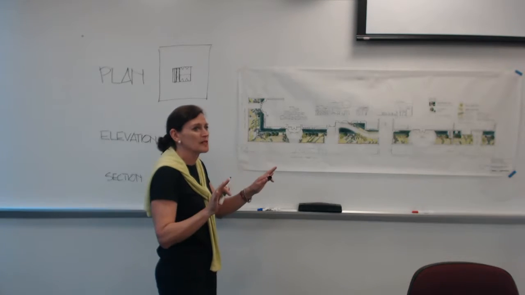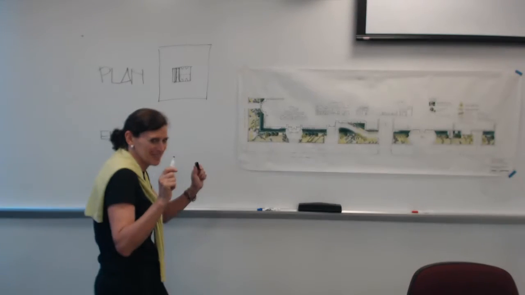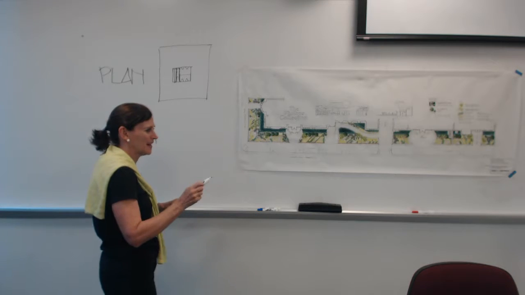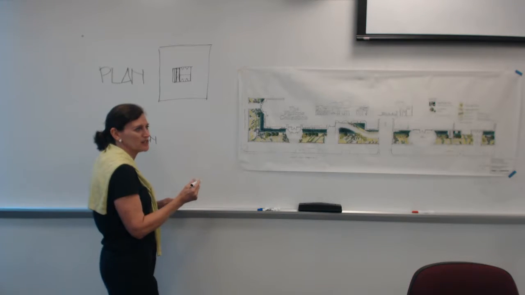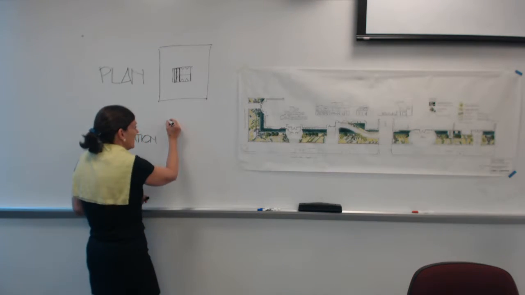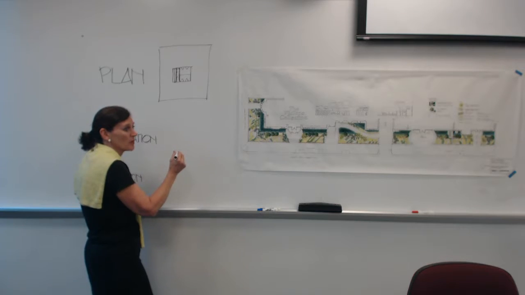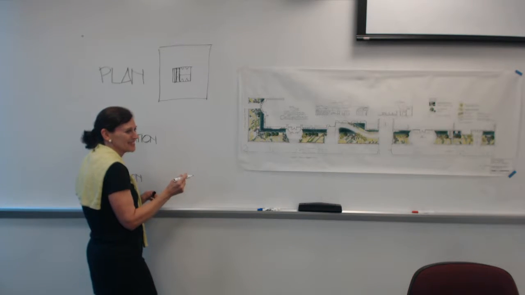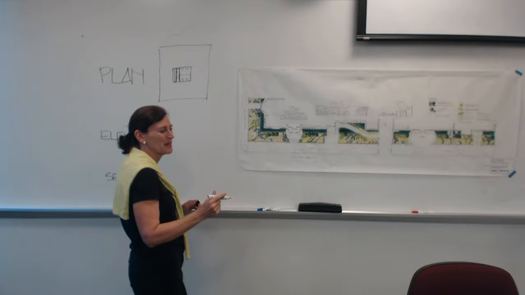Okay, as far as we're just doing the overview right now. So then an elevation would be the front of the house, or the side. How about that? So why don't you turn that for them? Okay, so